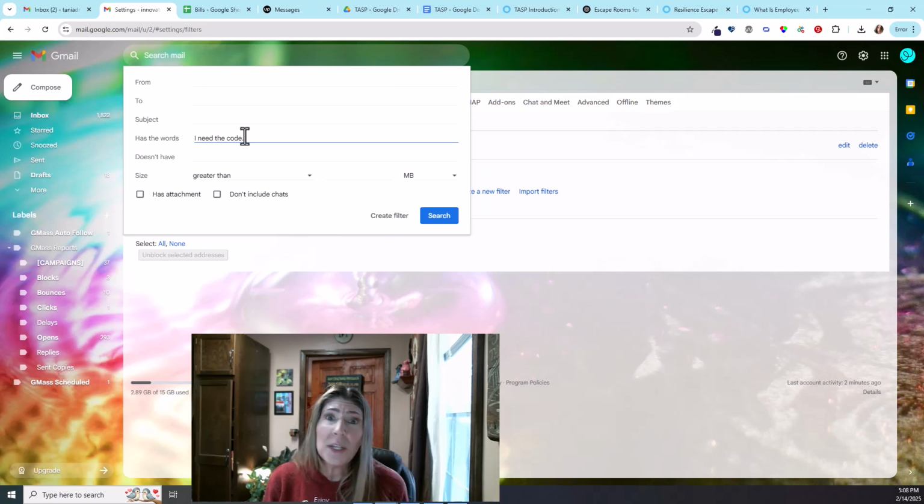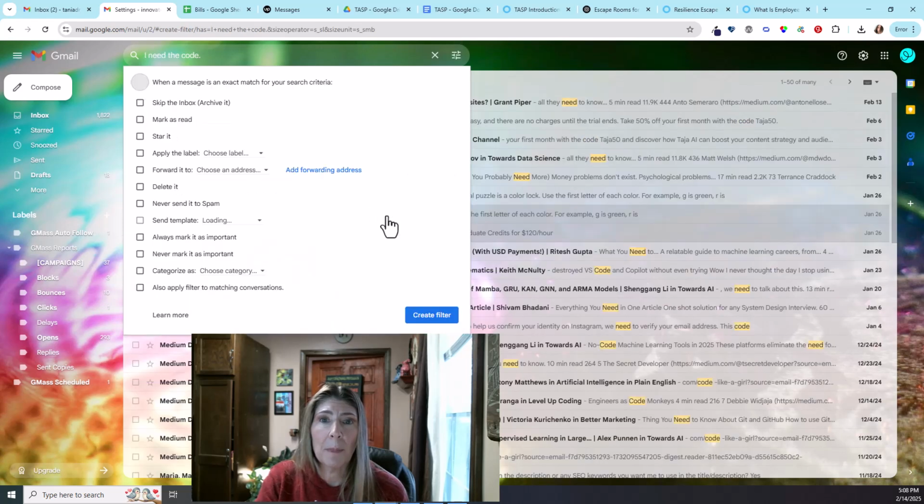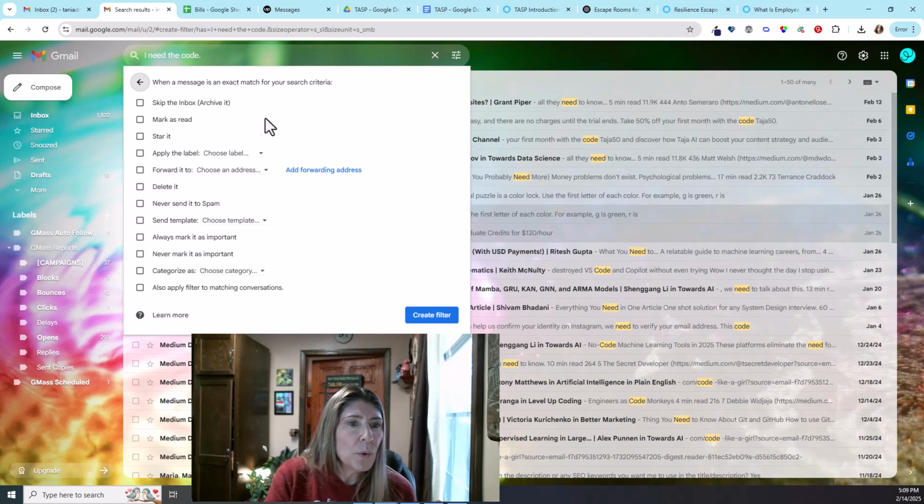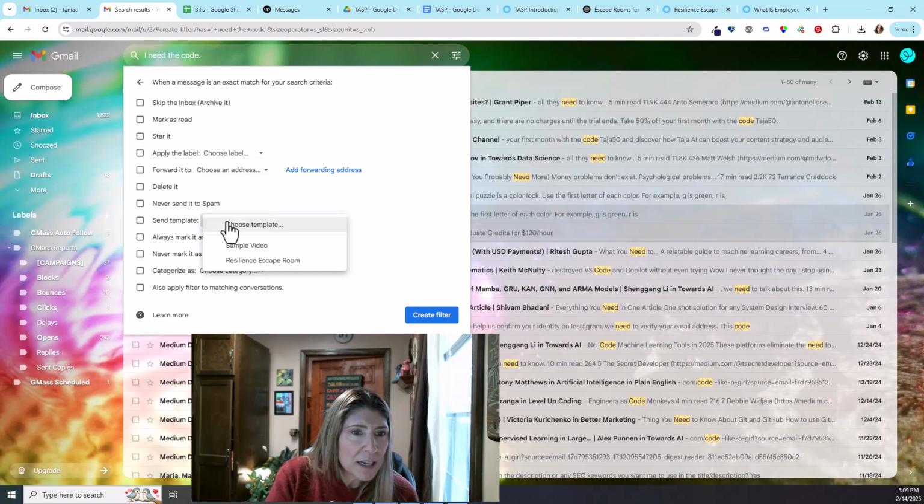If they don't use that phrase, they're not going to get a return message. So it's looking for the phrase, I need the code, or I know who did it, or I've solved the mystery, or whatever it is that you tell them to do. And then you're going to create filter. So basically, what do you want to happen when a message that's a match is identified? We want to send a template,